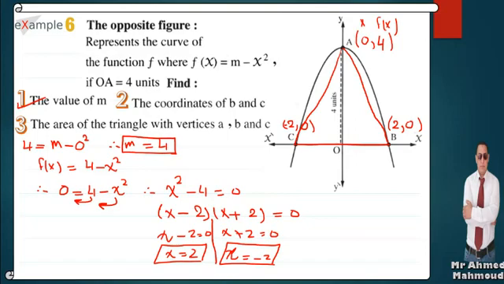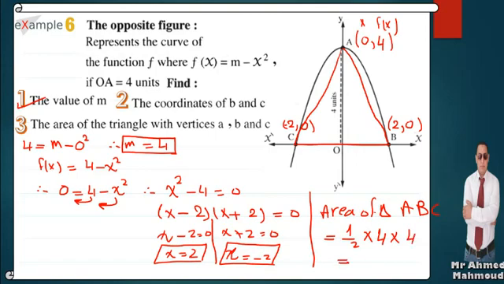Then the area of triangle ABC equals half times base, which is 4, times height, which is 4 also. Half times 4 times 4 equals 8 area units,